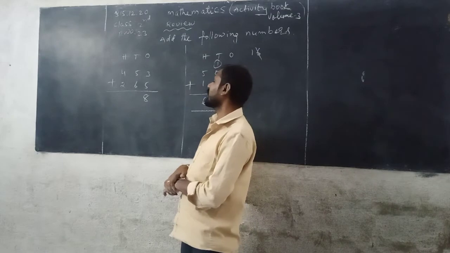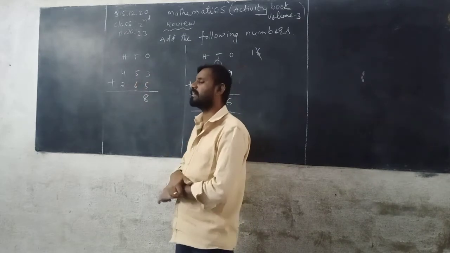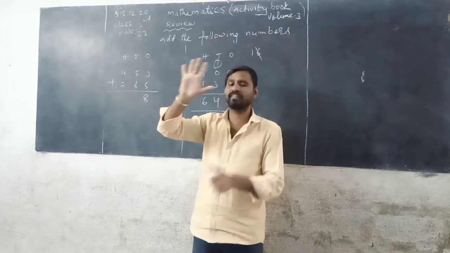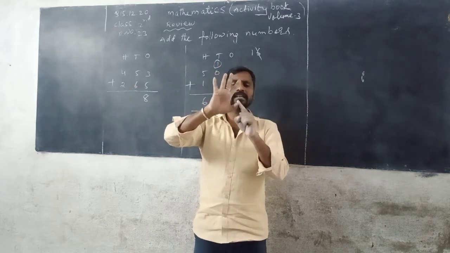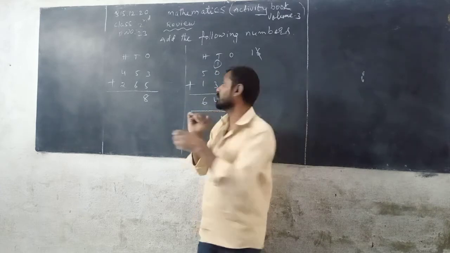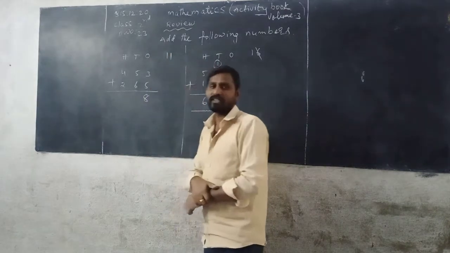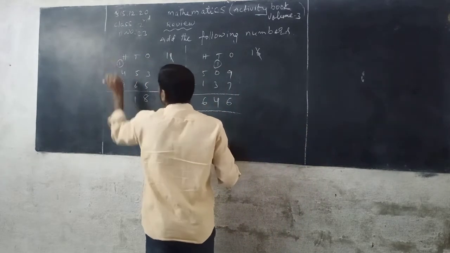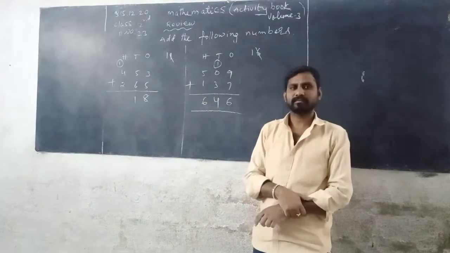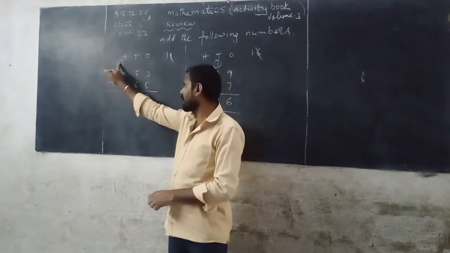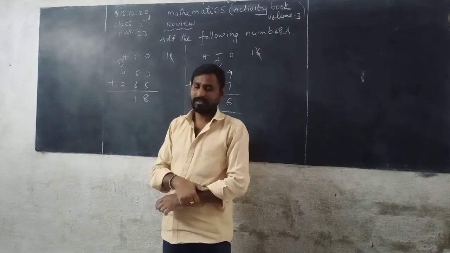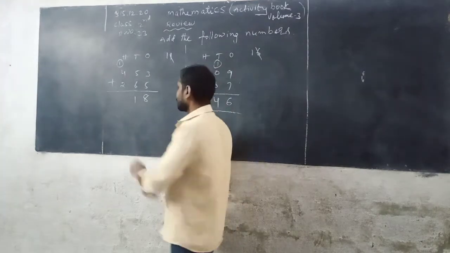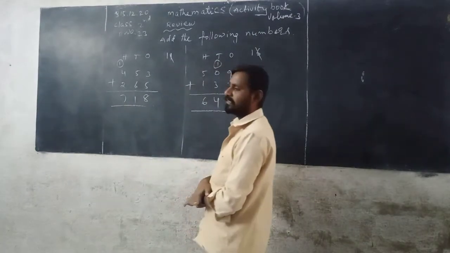Next, add the digits in the tens place, that is 5 plus 6, 11. Keep the number 5 in your mind and take 6 fingers in your hand. You can count 5, after that 6, 7, 8, 9, 10, 11. Write down 11 here. 11 is a 2-digit number. In it, 1 is written down in the tens column, and 1 is carried over to the hundreds place. See here. 1 plus 4, 5. So 5 plus 2, 5 after 6, 7. So 708.